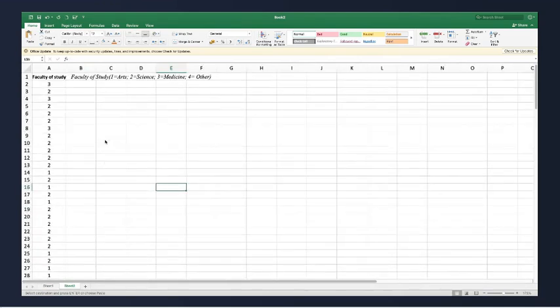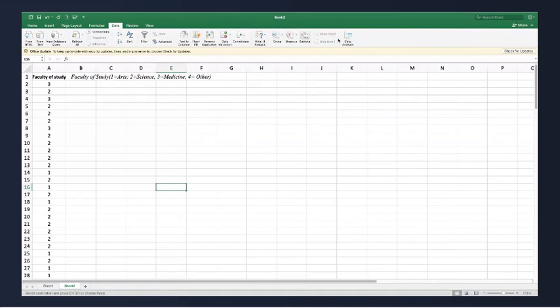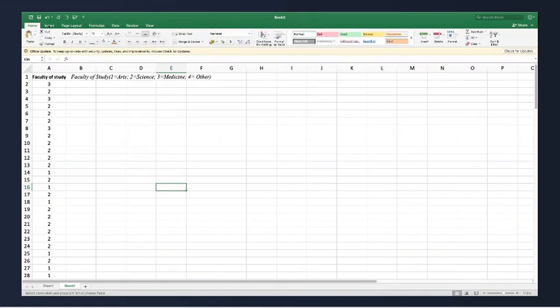Better now, right? Now, what I will do is I will go on pivot table. I'll go on data, right? One minute. Yeah.